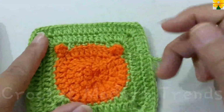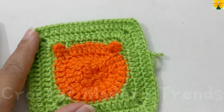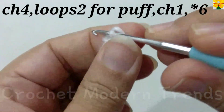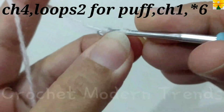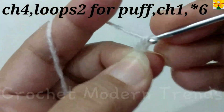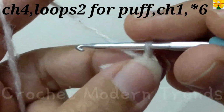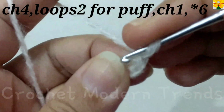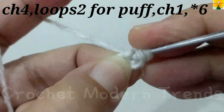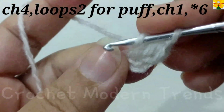Now we are going to add detailings to the face of this tiger. So we have to take the yarn of color white, chain 1, 2, 3, 4. Join the stitches into the 4th stitch with slip stitch. Pull the yarn a little long, yarn over, insert the hook and pull through, insert the hook and pull through all the loops, chain 1,